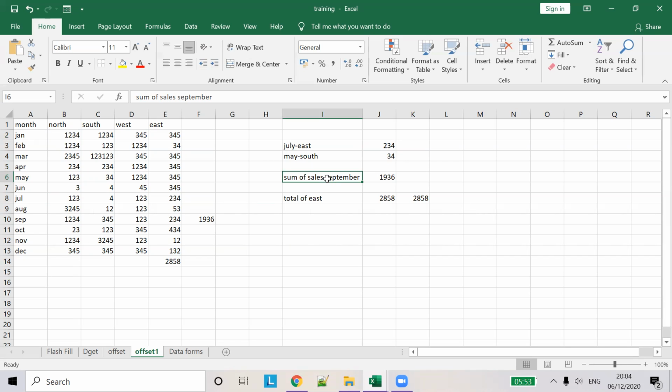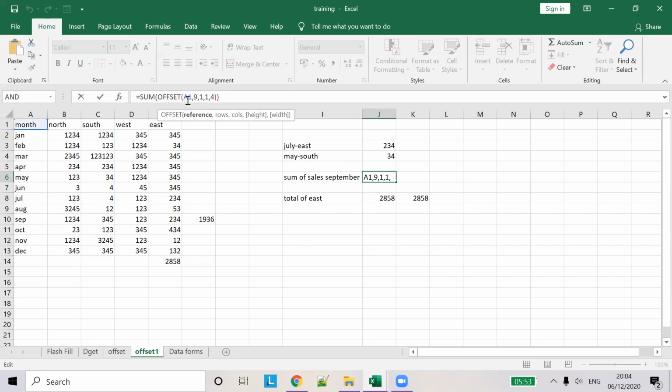So using offsets, we are going to find the first four rows, all the rows of the month September, and we are going to add them. So what we are doing here is we are using a nested formula. The first formula we are trying is sum, and offset, we are going from cell reference A1,